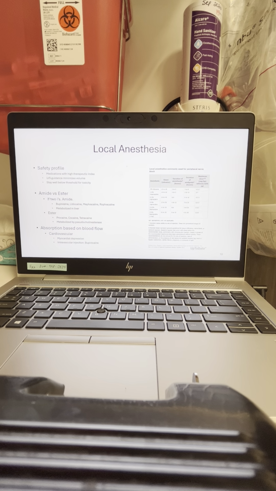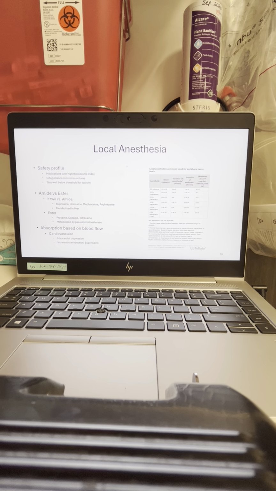So there's a lot of different things that we do to prevent local anesthetic toxicity, starting with knowing, obviously, our total maximum dose, and then we stay as far away from that as possible. And we're able to do that by, as I mentioned earlier, using low volumes because of ultrasound. And then we also, when we are administering them, aspirate to make sure that we're not intravascular. So we have a lot of reasons to not ever end up in a toxic standpoint. But in the rare event that we did,